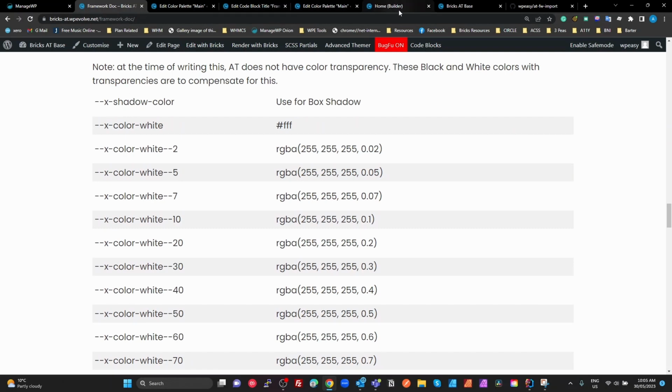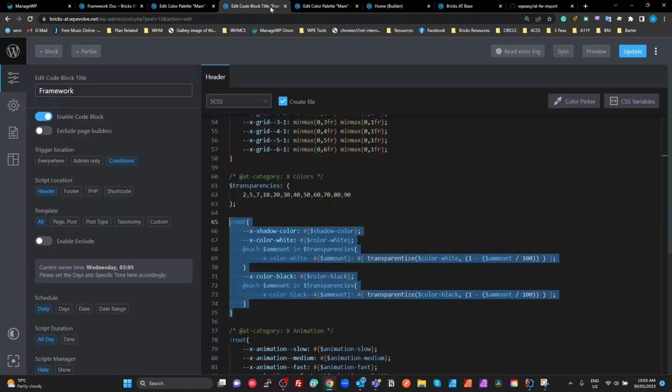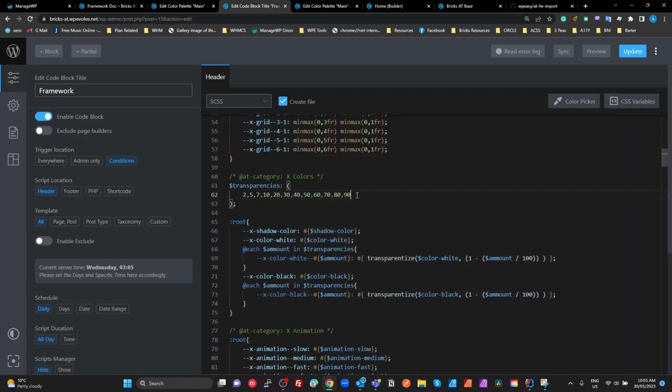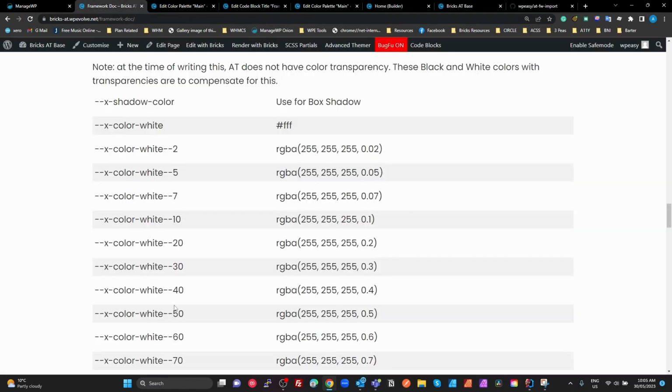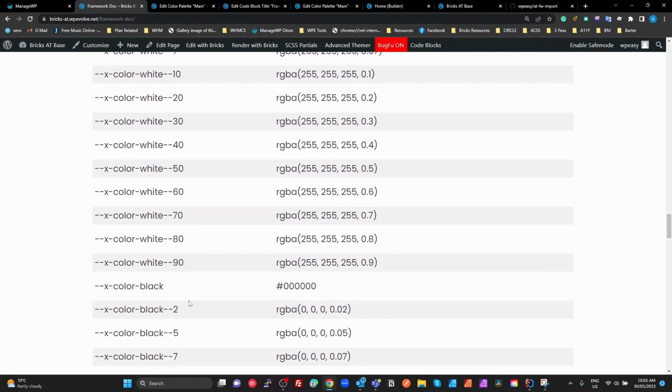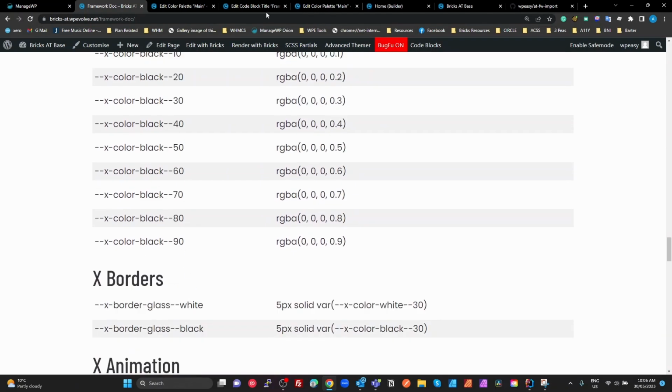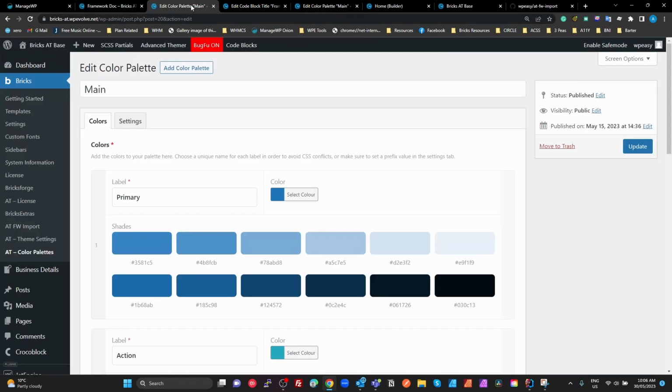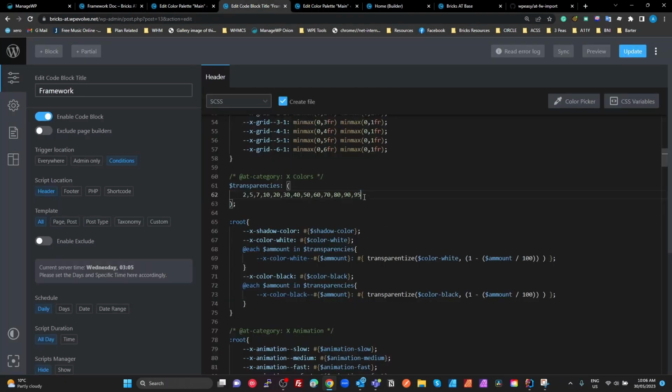All right, so if we wanted to add say a 95, we just go comma 95, and that would give us a 95 here and a 95 there. So it's as simple as doing that, which is what I love about SASS. You can just so simply add and change things, and it affects multiple areas if you wanted to. All right, so that's the